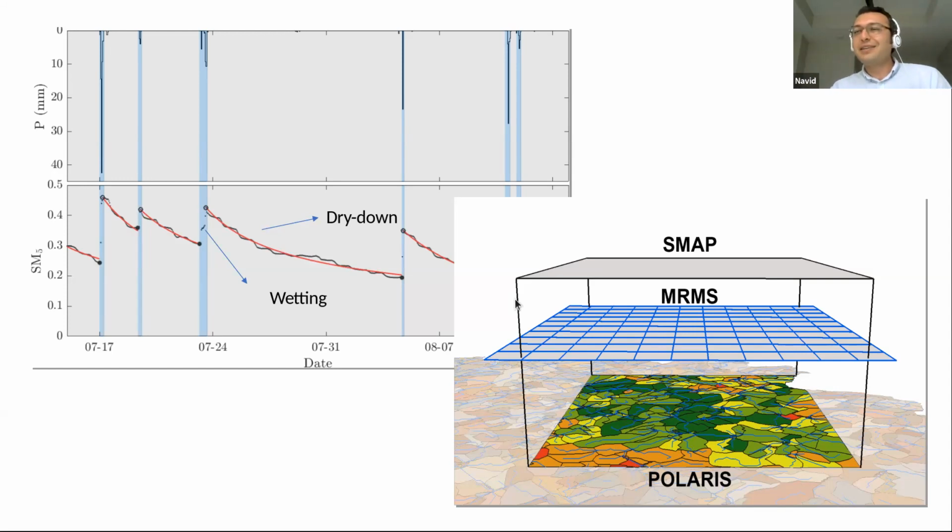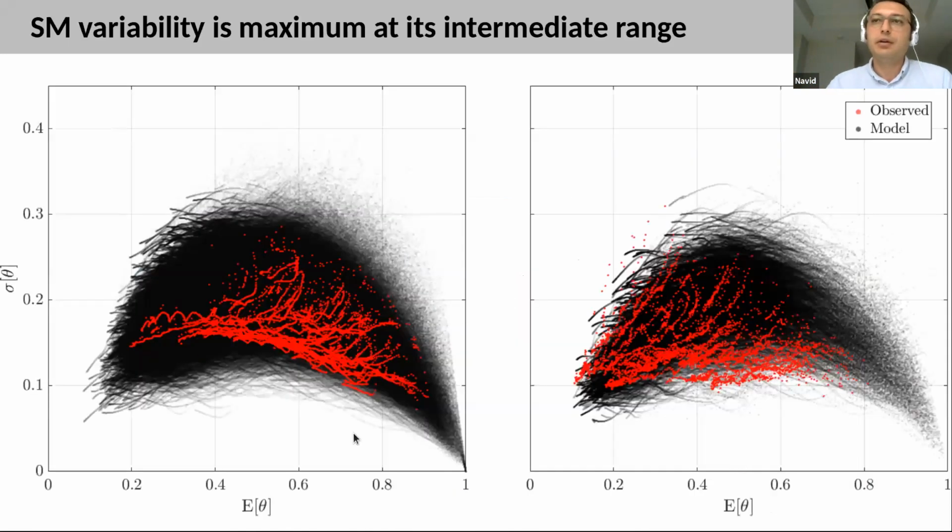What you can see here is, again, that we only have one SMAP observation value, and there are multiple hill slopes in that grid. So if we do that and model the soil moisture at each hill slope for each of those basins or watersheds, and plot it in terms of mean or average soil moisture versus standard deviation of the soil moisture,